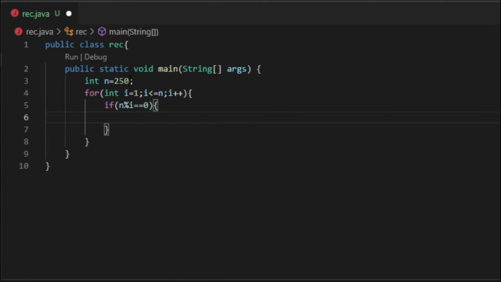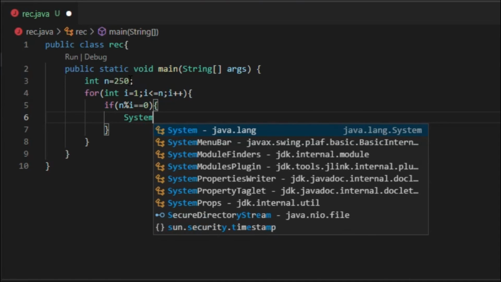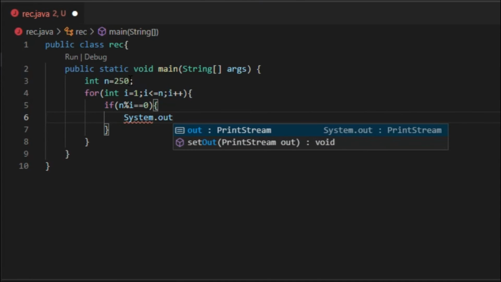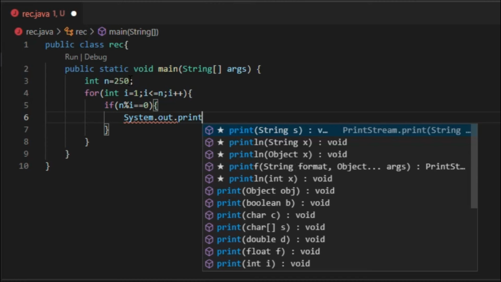Now we just have to print the values. First the divisor, which is i, and the quotient, which will be the final divided value. We are going to write System.out.println.